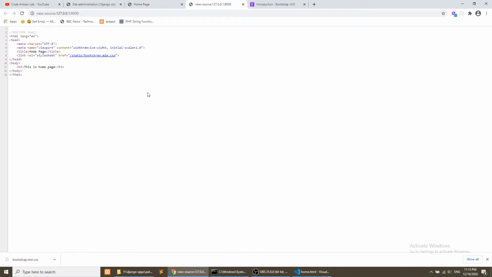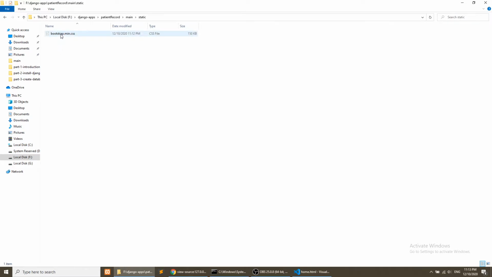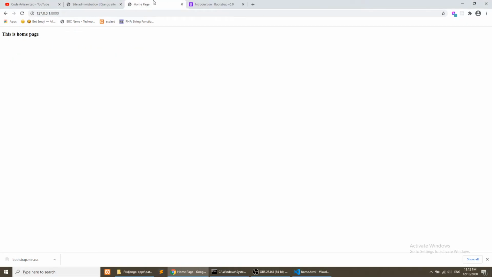Okay, let's see static bootstrap.min.css. In static we have bootstrap.min.css. We'll copy this name and add it here. Actually we had defined the wrong spelling, you can see. So here we will refresh this, and you can see the font has changed. It means Bootstrap has been added in this template.